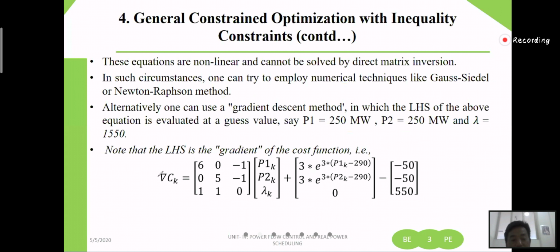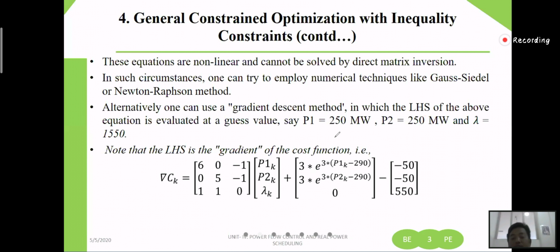So that's why I will write del inverse of this into k cost function will be equal to... but what we have to do is we are guessing p1 equal to 250. First case is 250, p2 also 250, and lambda we have kept 1550. So p1 k, p2 k, lambda k plus 3, wherever p is there, we'll keep on guessing. Now from here itself you will know that 250 plus 250 is 500,